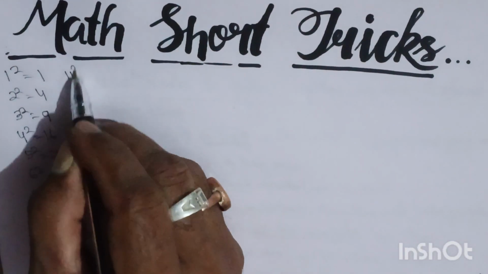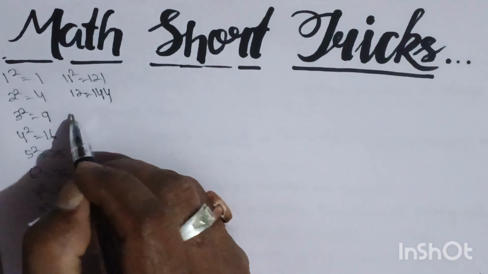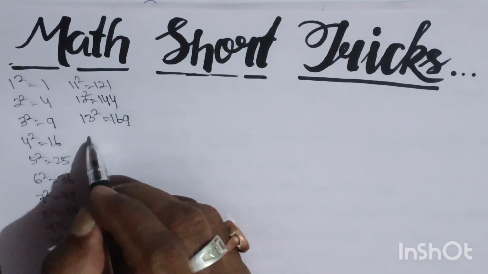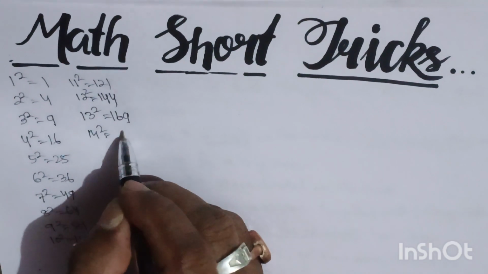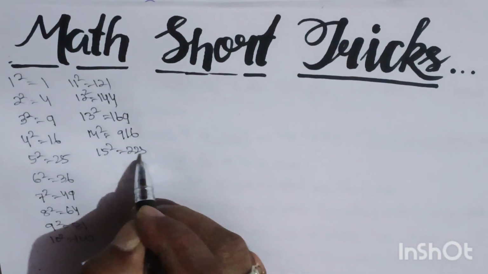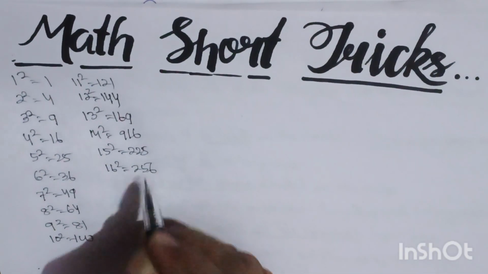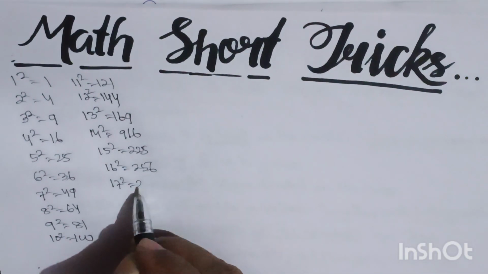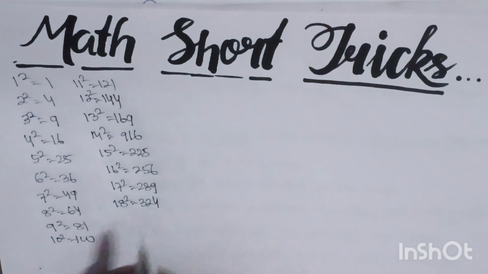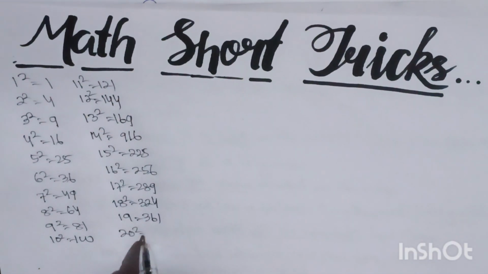Like this, 11 square is equal to 121, 12 square is equal to 144, 13 square is equal to 169, 14 square is equal to 196, 15 square is equal to 225, 16 square is equal to 256, 17 square is equal to 289, 18 square is equal to 324, 19 square is equal to 361, 20 square is equal to 400,